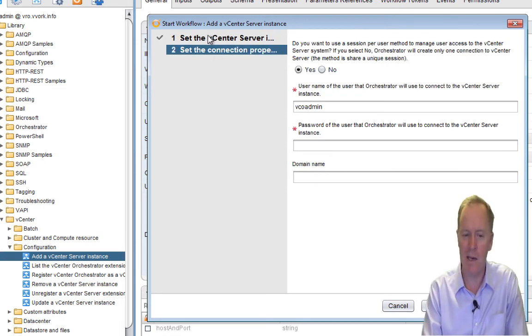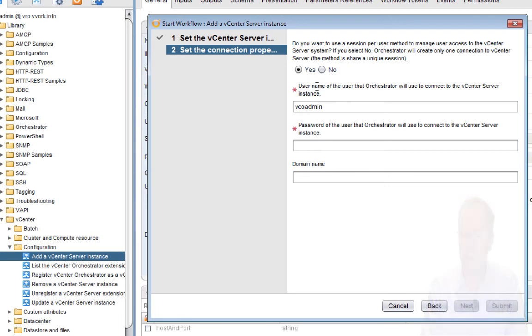And you'll notice that sometimes there are so many input parameters that the Orchestrator workflow developer will divide them up into different screens, or these are actually called steps. So here we are in step number 2. These questions are asking me how I want my Orchestrator server to authenticate to the vCenter server. Without going into a full explanation here, I'm just going to choose no and type my credentials